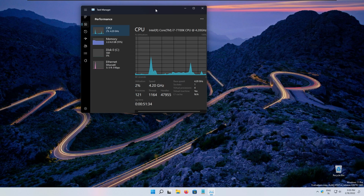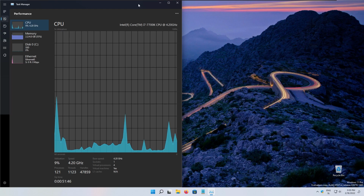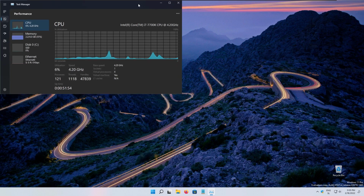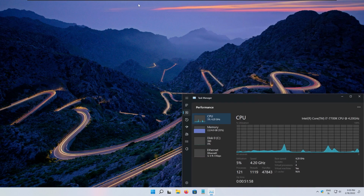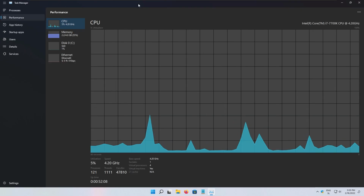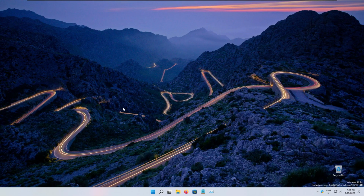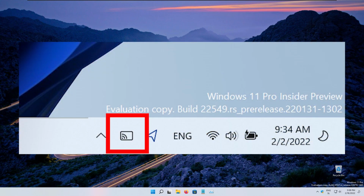Microsoft also updated the transition animation that shows going from one snapped window state to another. So let me show you, for example, on this Task Manager application, if I snap it to the left, let me show you these brand new animations that are happening when you are changing the layout of the application. So in my personal opinion, this is a really nice gesture from Microsoft to actually improve these animations, which are looking pretty sweet. Microsoft also added the casting icon to the taskbar when you are casting to a different device,